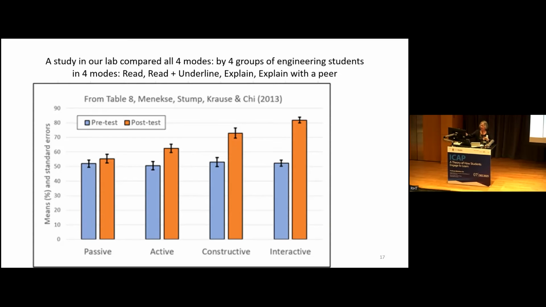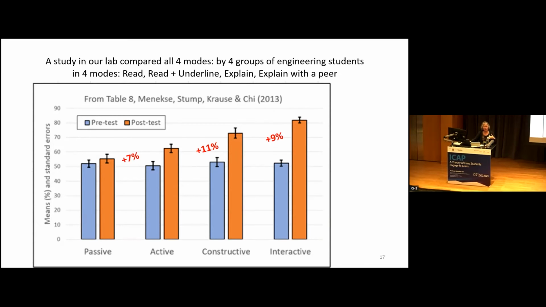They all got the same pre-test, the blue line, and the same post-test. For each condition, there's a significant difference from pre-test to post-test, meaning that everybody took the task seriously. They didn't fluff it off. They all learned significantly. But more importantly, from condition to condition, there's an additional advantage. From passive to active, the post-test gains another 7%. From active to constructive, it gains another 11%. And for interactive, it gains another 9%. So altogether, there's a 27% difference between interactive and passive.